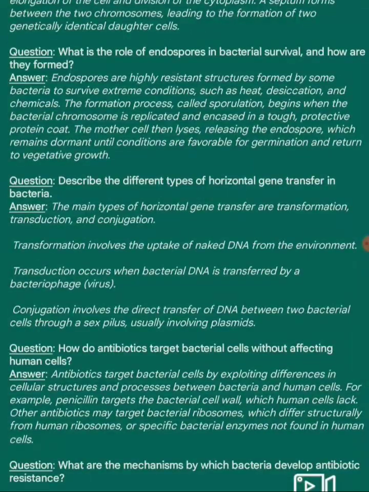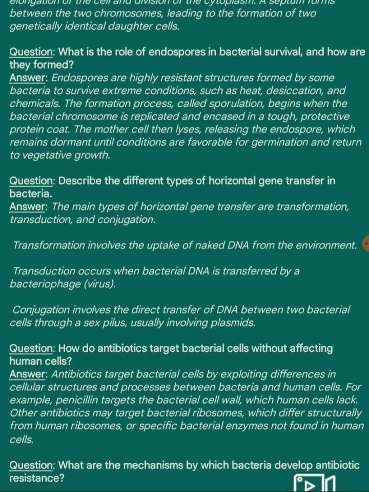Next question. What is the role of endospores in bacterial survival and how are they formed? Answer. Endospores are highly resistant structures formed by some bacteria to survive extreme conditions such as heat, desiccation, and chemicals. The formation process, called sporulation, begins when the bacterial chromosome is replicated and encased in a tough, protective